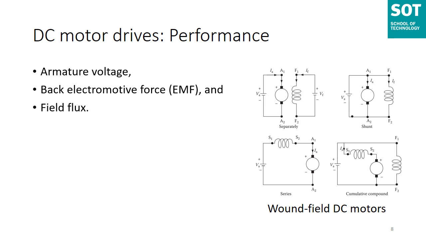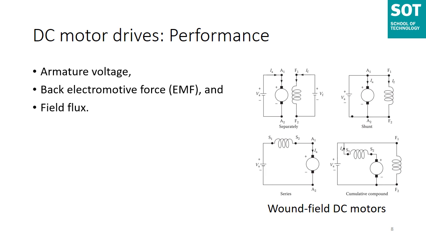In the case of a separately excited motor, the field and the armature voltage can be controlled independently of one another. In a shunt motor, the field and armature are connected in parallel to a common source. As you can see in the second figure on the right side of the separately excited figure, the equivalent circuit. So in a shunt motor, independent control of field or armature currents can only be achieved by inserting a resistance in the appropriate circuit. This is an inefficient method of control because you are bringing something else.